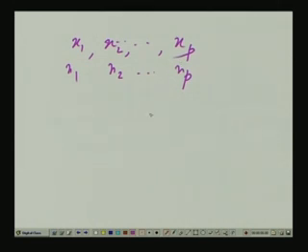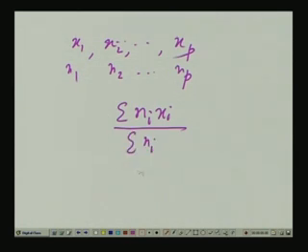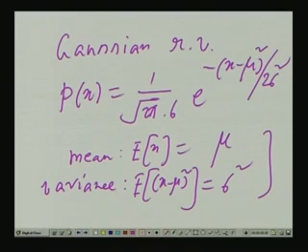So, what is the arithmetic average? Net value is summation ni xi divided by summation ni. This is the total number of trials. You can call this capital N. In that case, what you have is this, N1 by